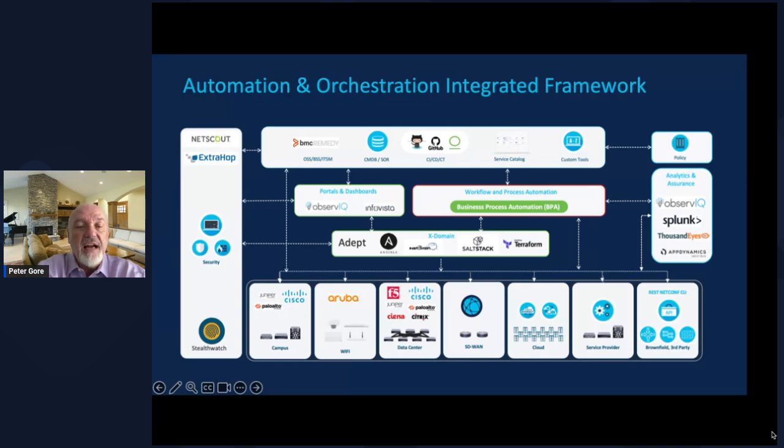So documenting those out, how do I take my cross-domain platforms and ensure that I just don't have overlap inside those environments, right? As you can see there, we have Adept, which is the Argenteel solution, but we also have Ansible, we have NetBrain, we have SaltStack, we have Terraform. A lot of these platforms overlap with each other, causing you CapEx costs, or you're using the freeware version. And as a result, you're also leveraging a lot of OpEx in this environment because now you have to train people on how to go use these individual platforms.